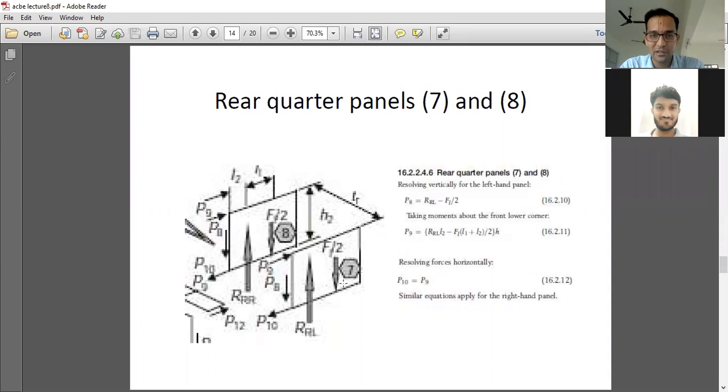When we move ahead for that observation, as we have seen in the first section, we'll have particular loading conditions which can be analyzed using various criteria. If I refer to P8, then this is the P8 available. Which are the reacting loads on this particular member? RR, RL and FL by 2. FL is luggage load. Why are we dividing it by 2? Because we are referring to a single surface, surface number 7. So this is the vertical upward and downward loading diagram.